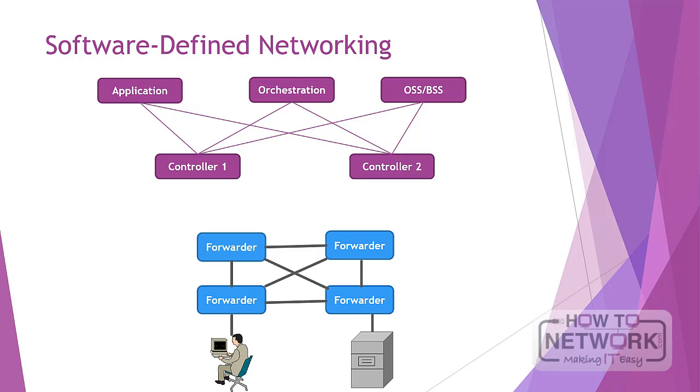Python, Ruby are typically used. Orchestration can be achieved with multiple different solutions, right? Such as CloudStack, such as Chef, for example. Like those are orchestration platforms. Then OSS/BSS are